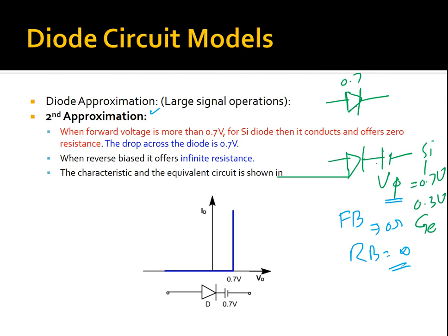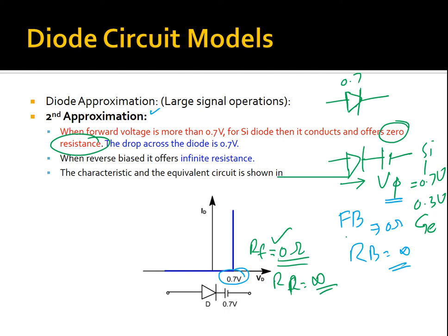Okay, because we are compensating the barrier potential characteristics in it. So there could be, but what we are considering is that as soon as the barrier potential voltage is reached, the diode is actually in the forward bias region and it's offering us zero resistance. We are modeling the forward bias resistance as 0 and the reverse bias resistance as infinity. Still, we are modeling the resistance as 0.